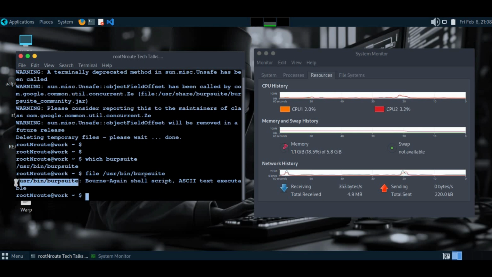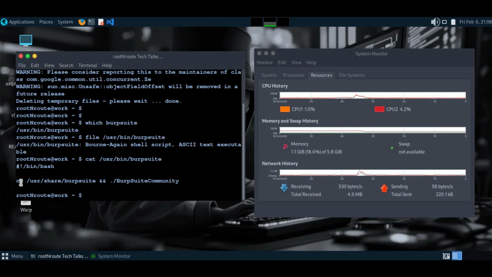So check what the content of that is. Why I'm doing it this way is because you will land in the correct path of the Burp Suite. You can view the script, and here you can see the actual script is moving to this folder and running this binary. So just move to that folder,